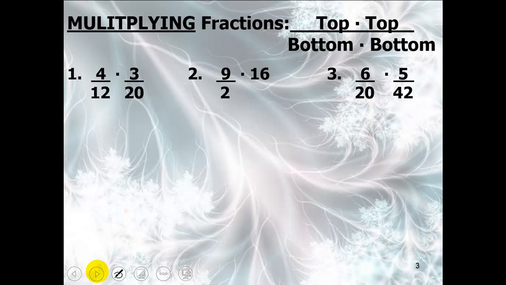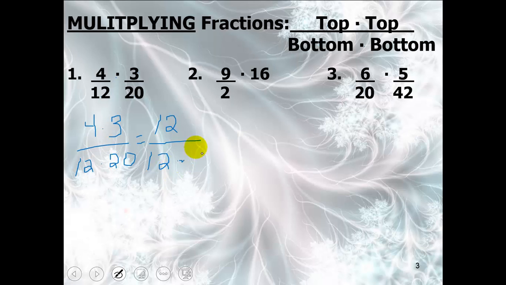I'm multiplying 4/12 times 3/20. My technique is top times top divided by bottom times bottom. All right, so I have 4 times 3 over 12 times 20. Okay, 4 times 3 is 12. Well, look there, 12, I have one of those in my denominators,